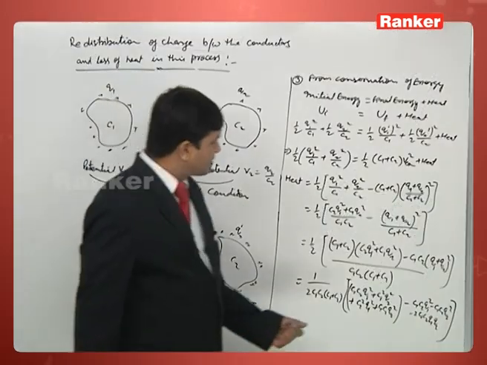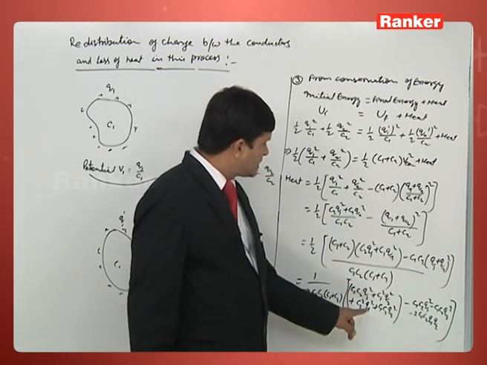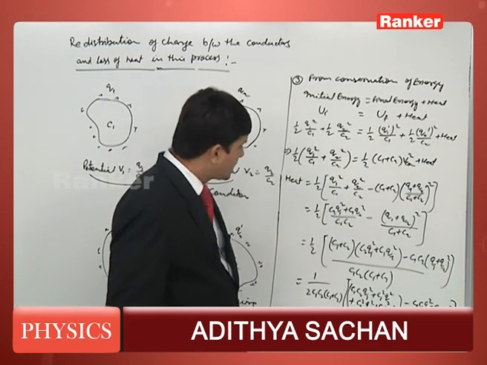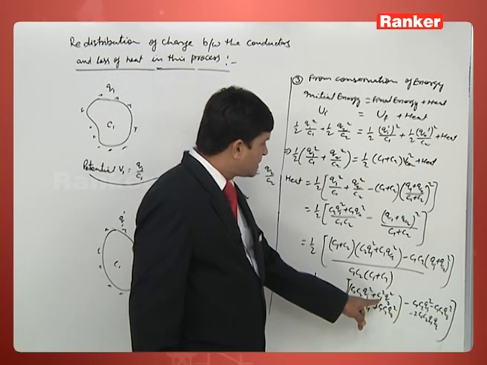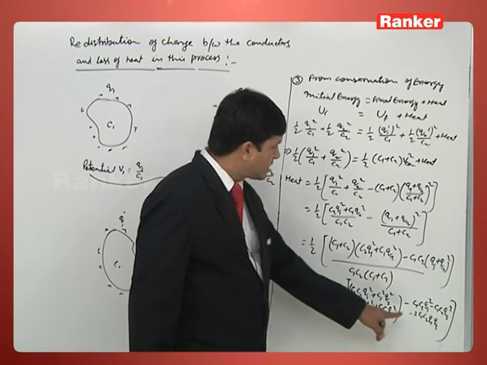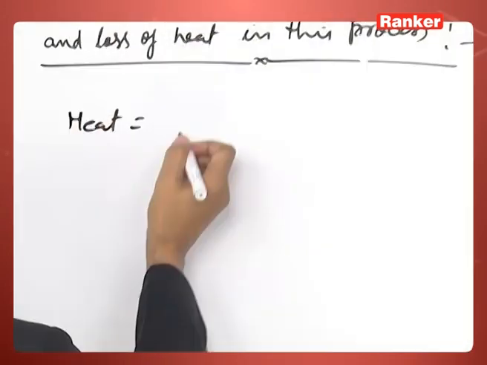So after simplifying, C1 C2 Q1 square and C1 C2 Q1 square cancel, C1 C2 Q2 square will also cancel. Only left here C1 Q2 whole square, C2 Q1 whole square, and then this term. See, so heat is equal to half